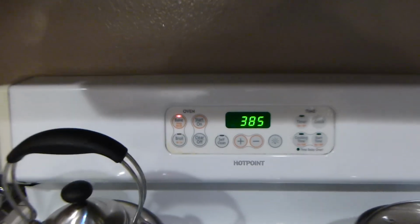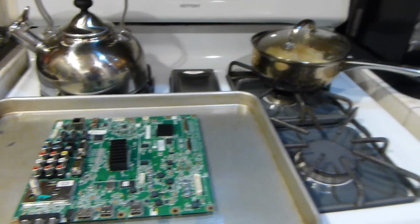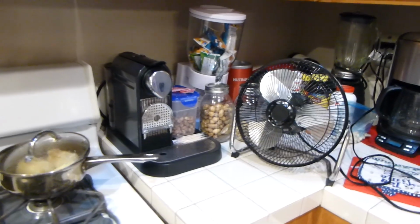And our oven has beeped on us. We're at 385 degrees currently right now, so be careful. Use your oven mitt right here. We're going to reach in, slide this tray in, and because it is in our kitchen and it does smell a little bit, I expect a little bit of a smell,